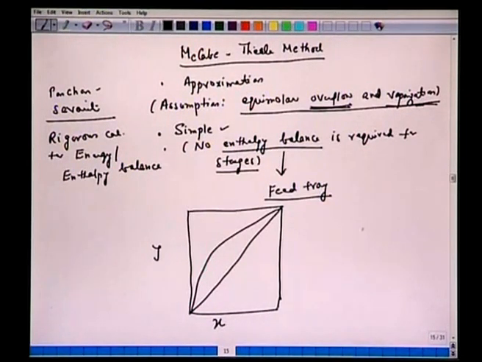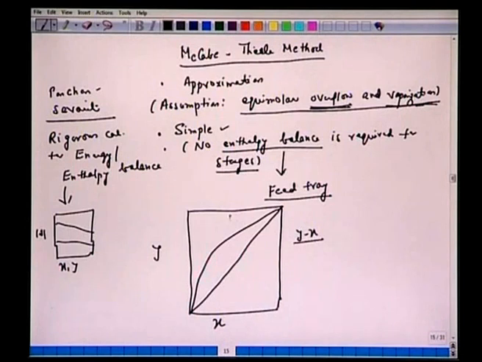All right. Unlike in the previous case, the Ponchon-Savarit method, we focus considerably or most of the times on the H-x-y diagram, where we had this HG and HL curve. All right. But in this case, this y versus x diagram for a certain temperature or for a certain pressure holds good. All right. So this will suffice.